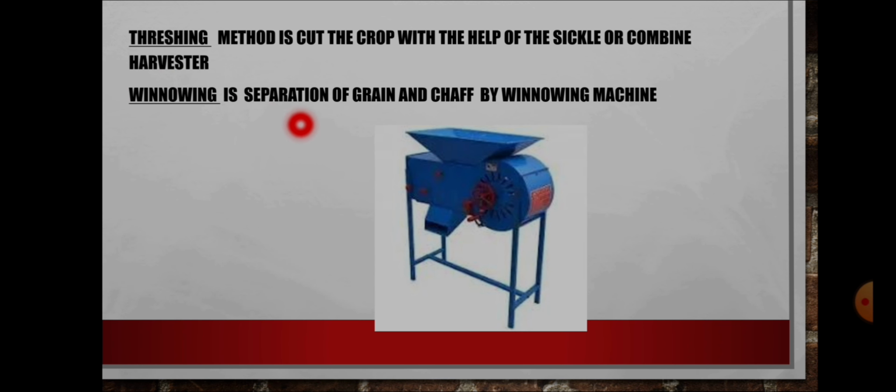Winnowing is the separation of grain and chaff by a winnowing machine. The crop is cut and the grains will be stored. These grains should be polished in this method. Okay, next,